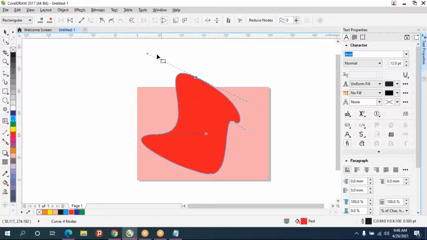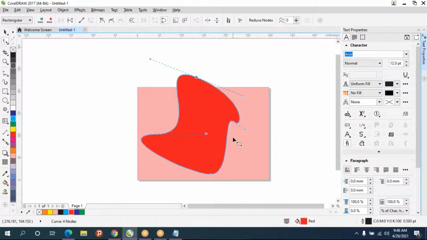But for square, we don't get this kind of adjustment lines. But for circle, automatically it will come, because circle is already in curve format. So that's why for circle it is coming like this.